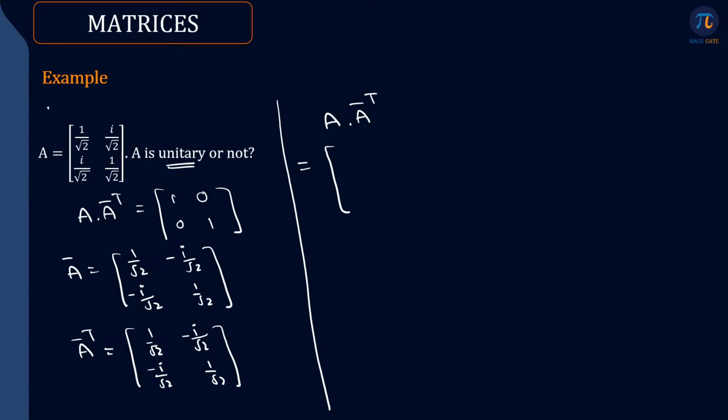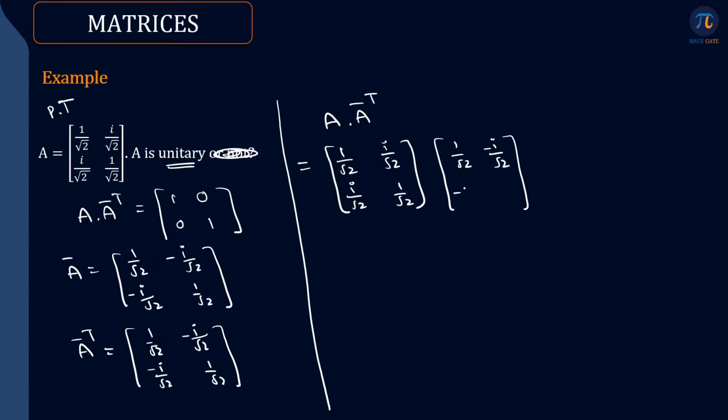See, generally in the examination they ask, prove that this is unitary. Directly you need to ultimately show the answer is [1 0; 0 1]. Remember that. So you multiply these two: A is 1 by root 2, i by root 2, i by root 2, 1 by root 2, and the conjugate transpose is 1 by root 2, minus i by root 2, minus i by root 2, 1 by root 2. So when you multiply them,